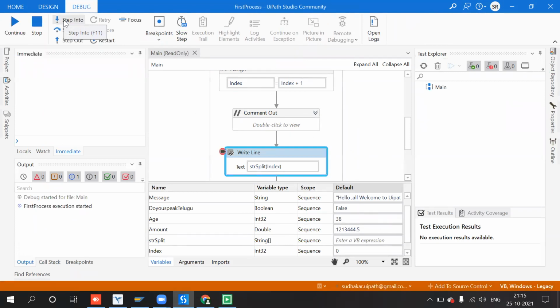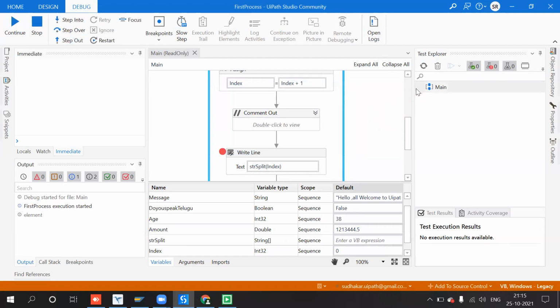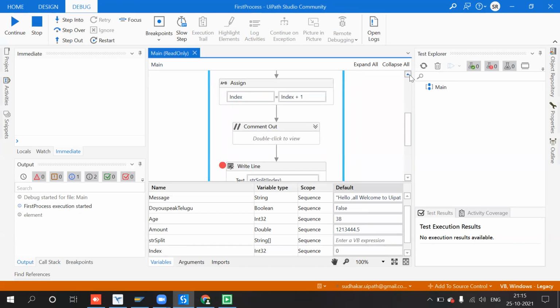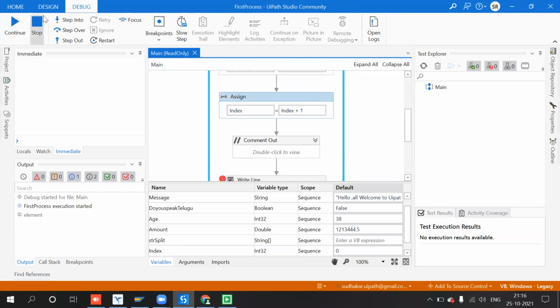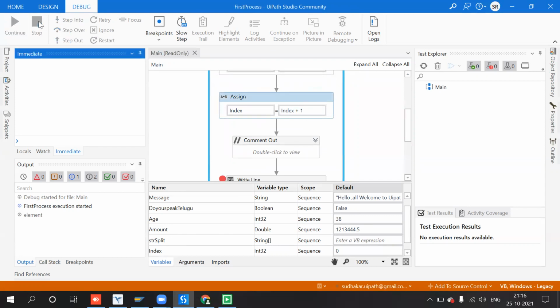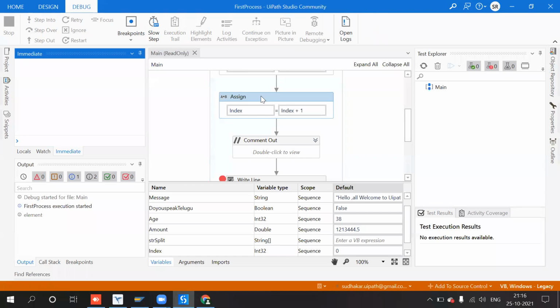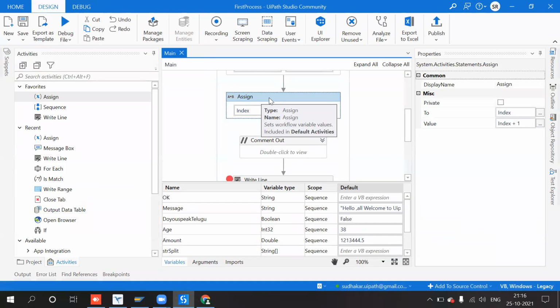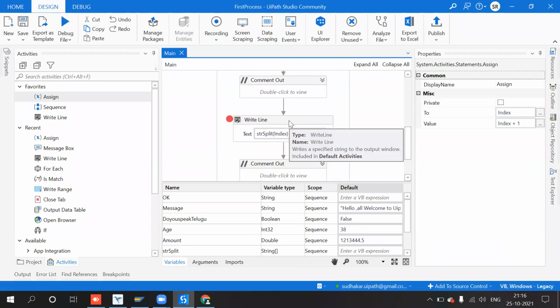While debugging, there are a lot of options. See, first option is step into. Press F11. We got an element. Okay, so first we are incrementing and then using this.